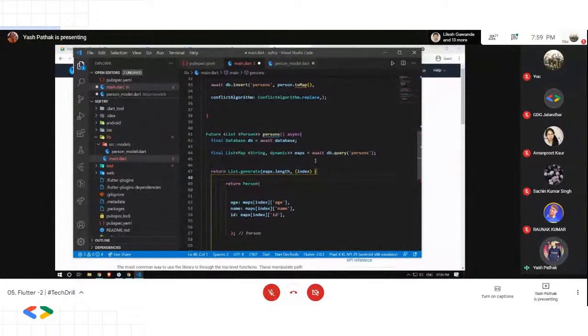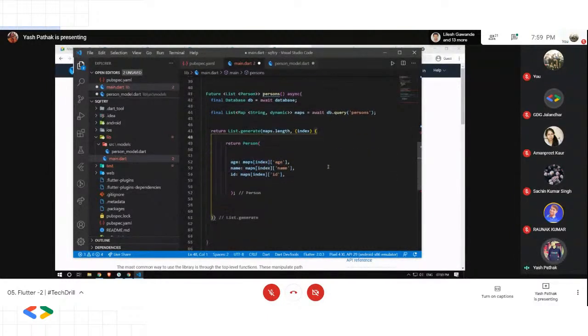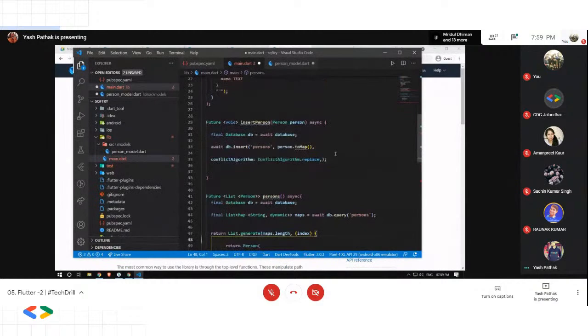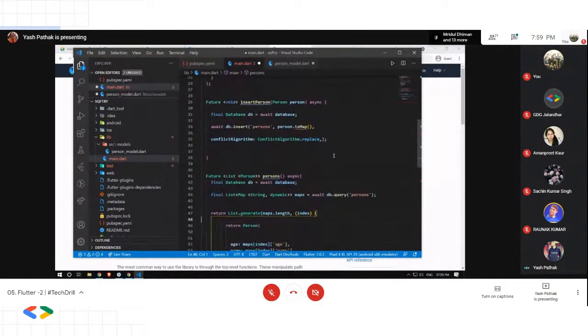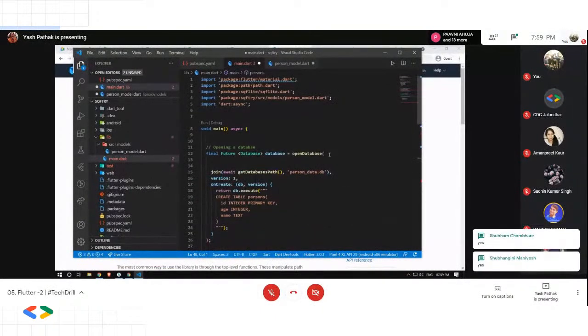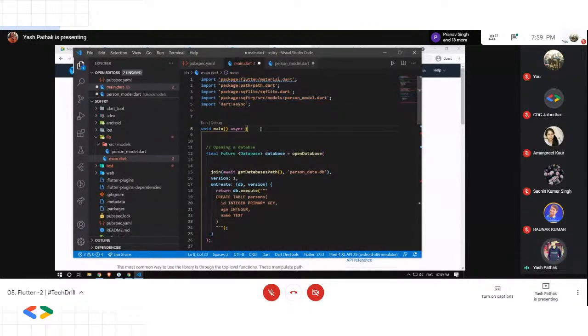Is it clear as of now? Like what we exactly did? Let's go to the start. I'll explain again. So we have imported these files. We have a main function, and then inside this main function, we have defined a database, and we have opened